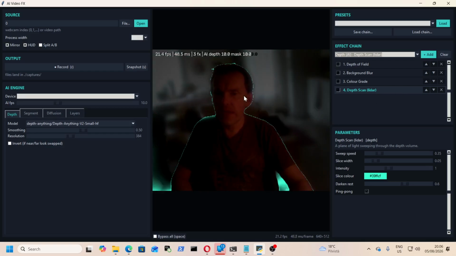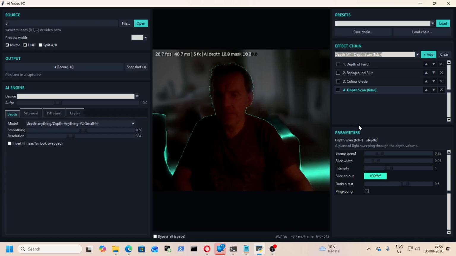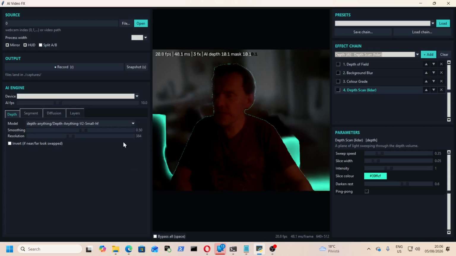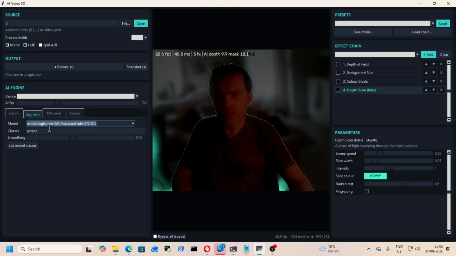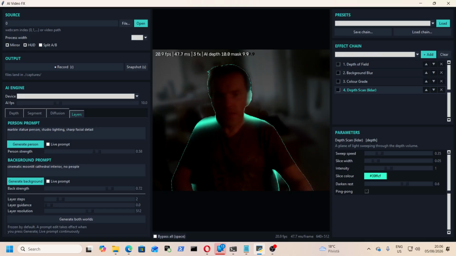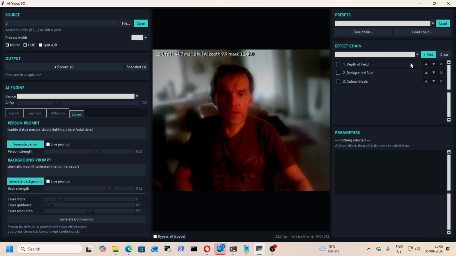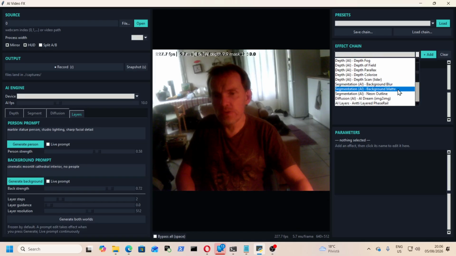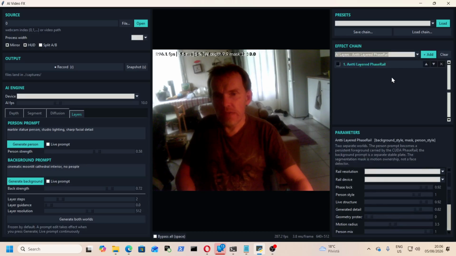and we have basically layers. So we have the possibility to do layered effects. So we have a person and then we have a background. So kind of the thing that we had earlier was this deepfake, which is called here layered face rail. And if we add it, now we can change the front and we can change the back separately. So we can have,